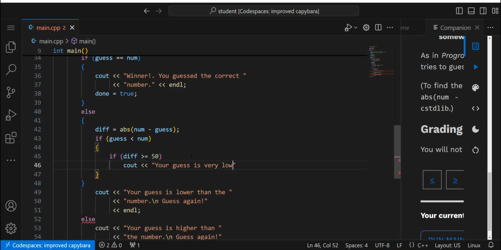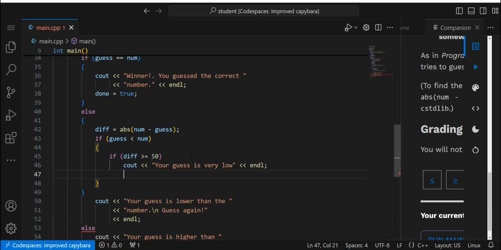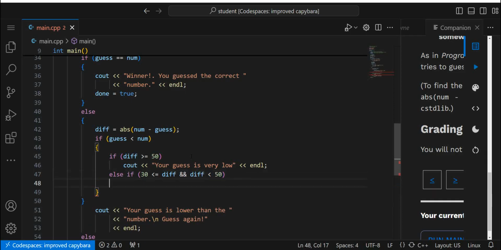Okay. In line. Next, let's do an else if. We'll keep that tight. And we'll go straight to, let's see, what's it, 30 less than or equal to diff and diff is greater than 50 or less than 50. Sorry. There we go. And we'll print out